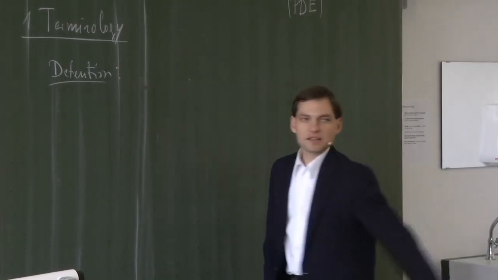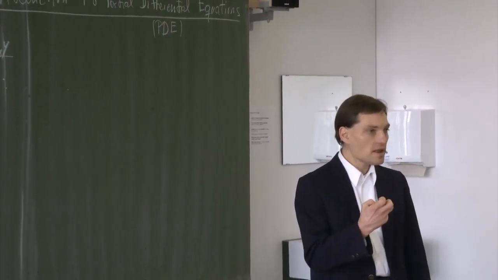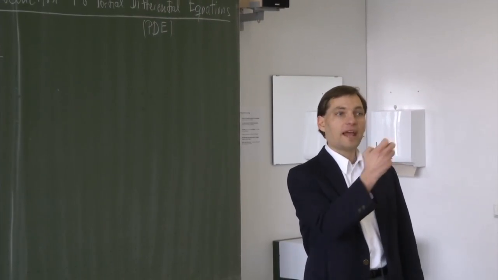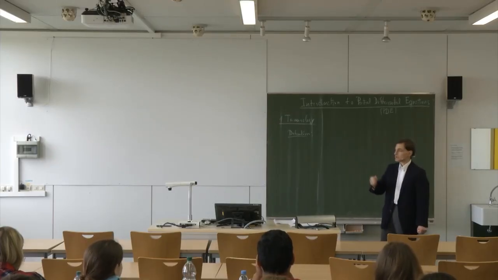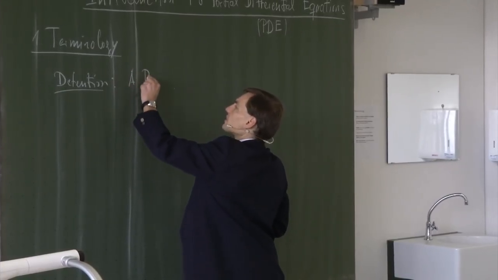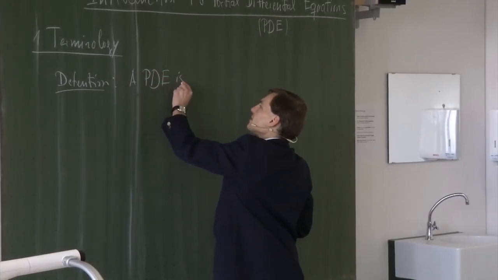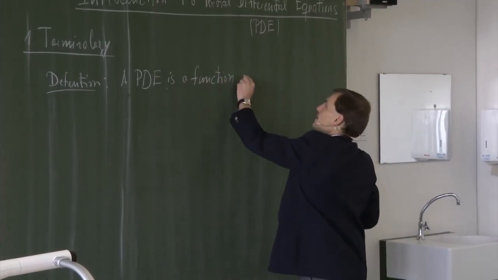So a partial differential equation is a special function. It's a function that is dependent on the function itself and the derivatives. However, due to the fact that here we have a function dependent on more than one variable, we call it a partial differential equation. Differential equation means there are derivatives and the function, and partial because we have partial derivatives. So definition: a PDE, a partial differential equation, is a function, let's say, of the form,